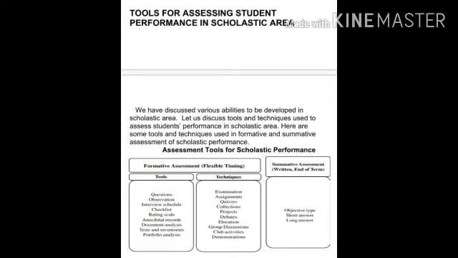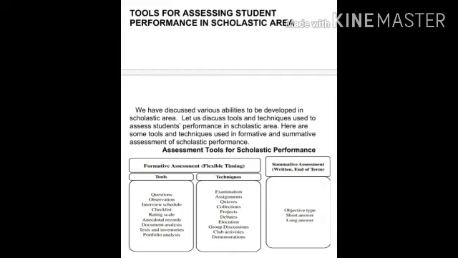For formative assessment, the tools are questions, observation, interview schedule, checklist, rating scales, anecdotal records, document analysis, tests and inventories, and portfolio analysis. For formative assessments, techniques are examination, assignments, quizzes, collections, projects, debates, elocution, group discussion, club activities, demonstration.